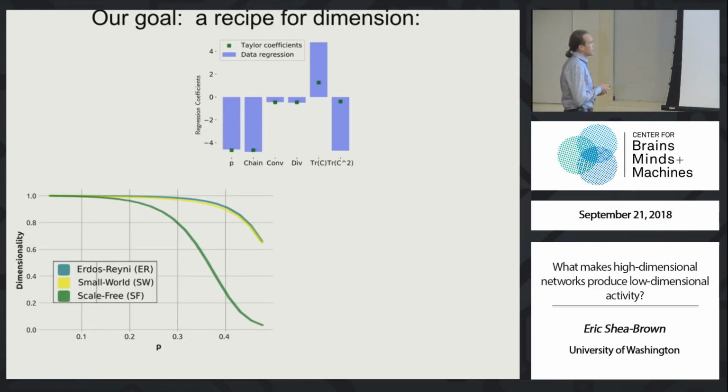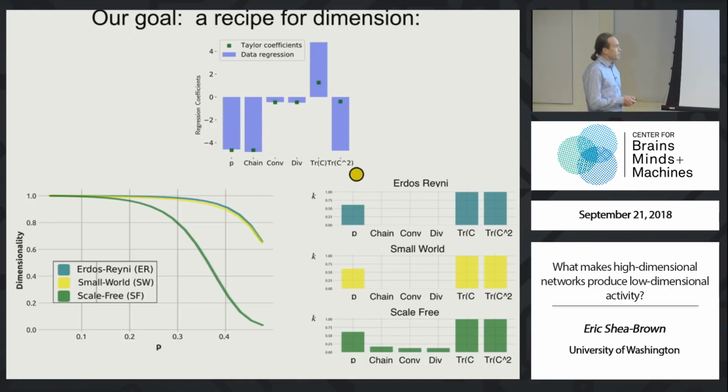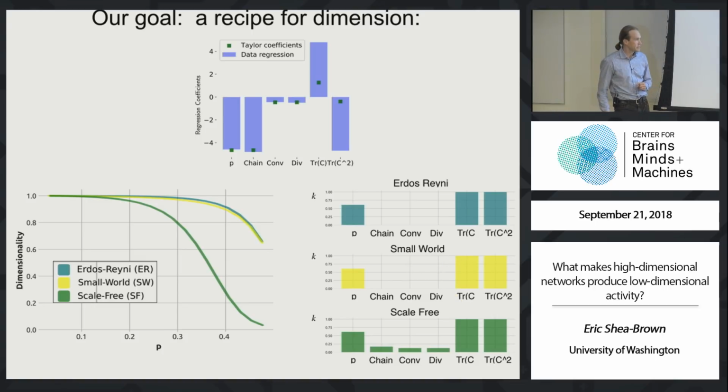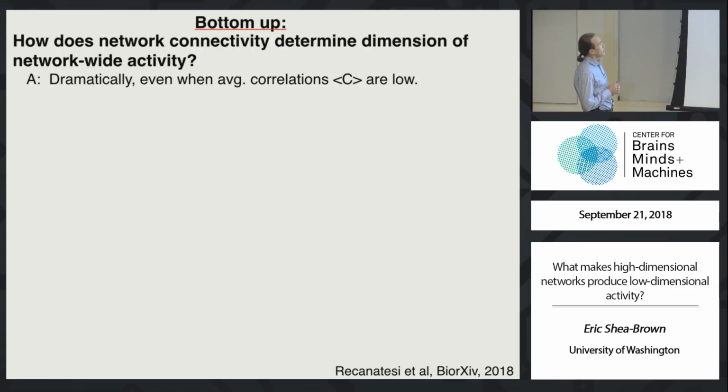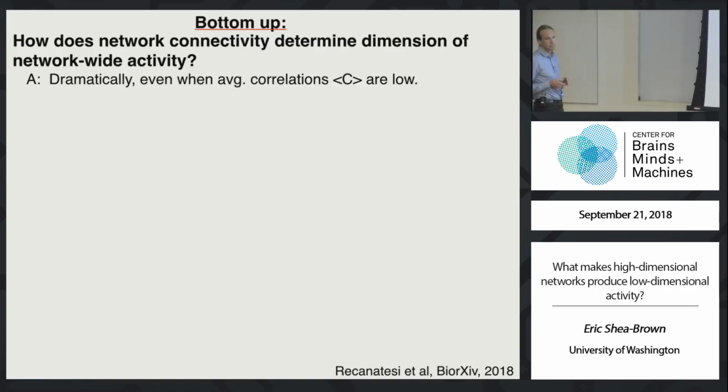And this can explain the type of results that we saw on our motivating slide here. If I measure the motif content in a totally random network, that's Erdos-Renyi, or a small world network, it turns out that the motifs that matter, according to this dimension theory, are exactly the same in both cases. But in a scale-free network, I have more of the type of structure that matters, which is these 3 types of second-order motifs, and that is enough in this case to drive the dimensionality in the direction that we expect, which is down. Okay. That's the bottom-up part of the talk.